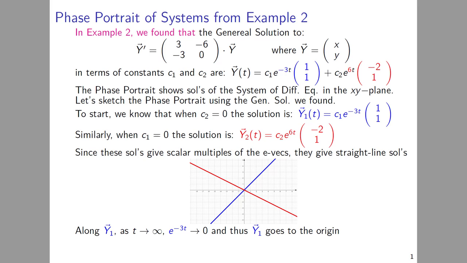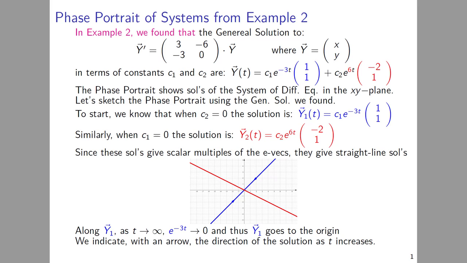Now, as we move along y1, as t increases up to infinity, e to the negative 3t is going to 0. So we get a smaller and smaller scalar multiple of our eigenvector 1, 1. And thus y1, equal to that scalar multiple times 1, 1, goes to the origin along that vector 1, 1. We indicate this on our phase portrait with an arrow that points in the direction of our solution as t